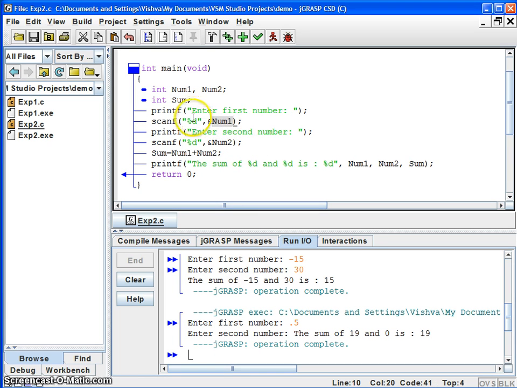And also you should know how to perform a simple arithmetic operation and assign the result. This is called the assignment operator, how to assign the result into a variable. And also we have used the printf function in various ways, just to display text and also to display with a value, and also we learned about the scanf function to get the numbers.